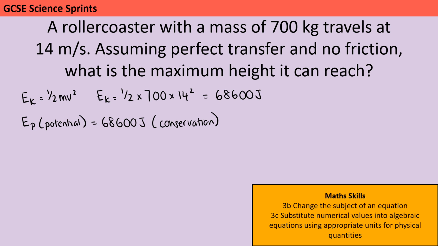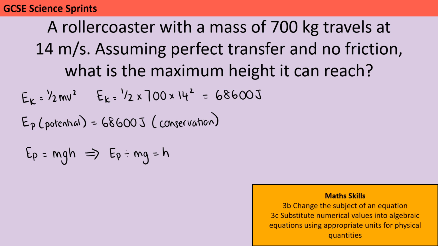Now you'll note that in the question they've said perfect transfer, no friction. This is like a hypothetical universe because actually we know that some of that energy would be lost because of friction and the tracks heating up and things. But here we're just going to pretend that that didn't happen and that all of the kinetic energy was turned into gravitational potential energy. So I can now pull out my equation for gravitational potential energy, which is on the